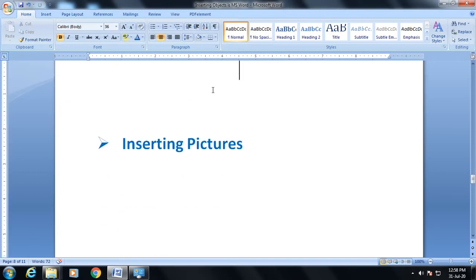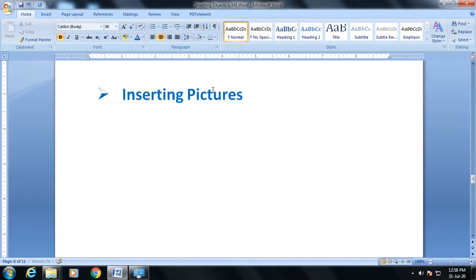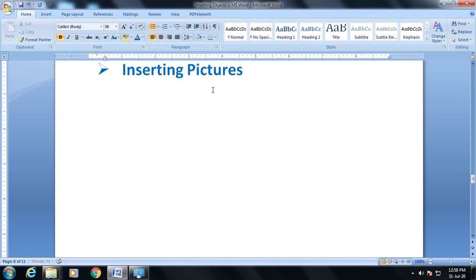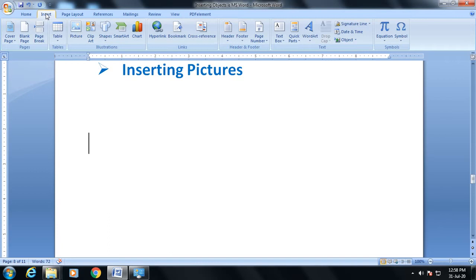Yes, our first point is inserting picture. For inserting a picture, you need to click on the Insert tab. This is the first step. Now you need to click on the Picture option, that is in the Illustration group. This is the second step.